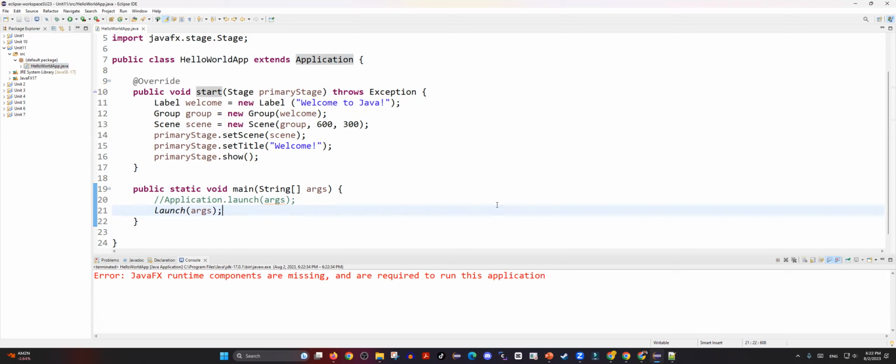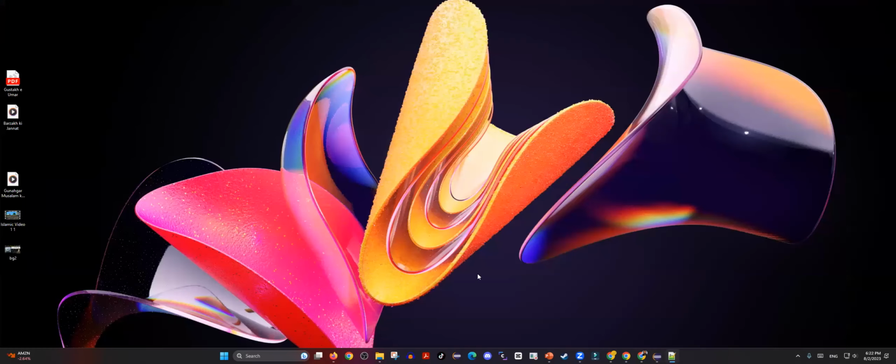It will not. Did you get the same error that I get? JavaFX runtime components are missing? Yes, yes. Okay. We need to set one more item. For that, you know what? Let me